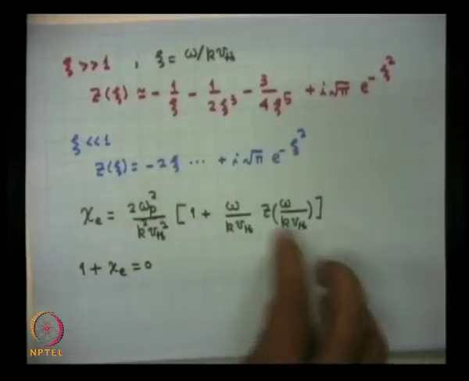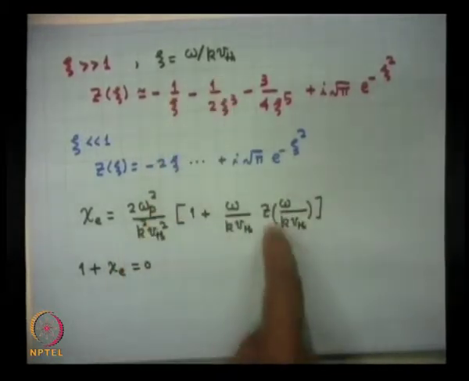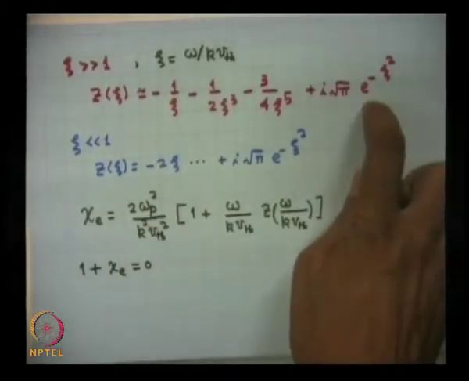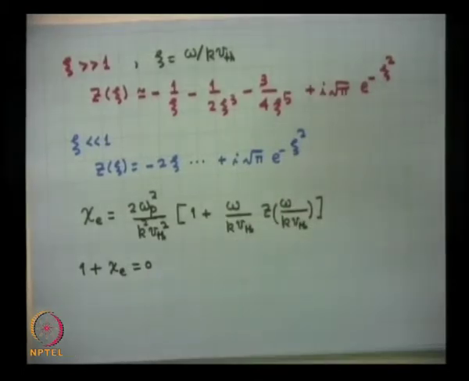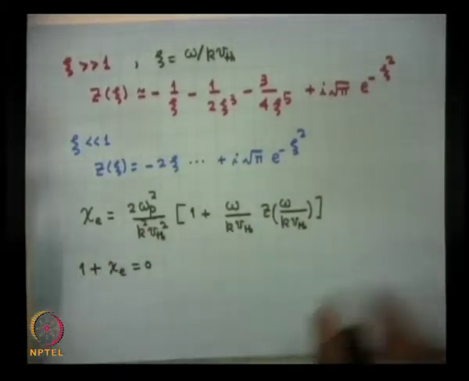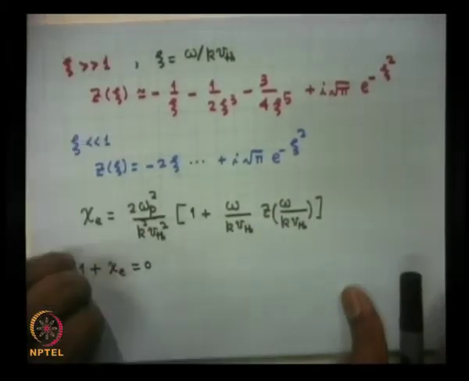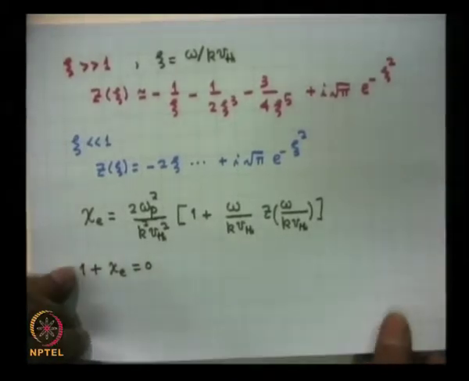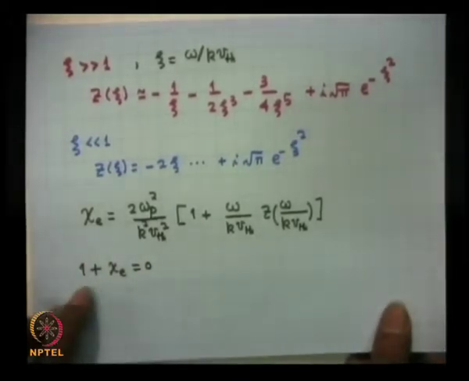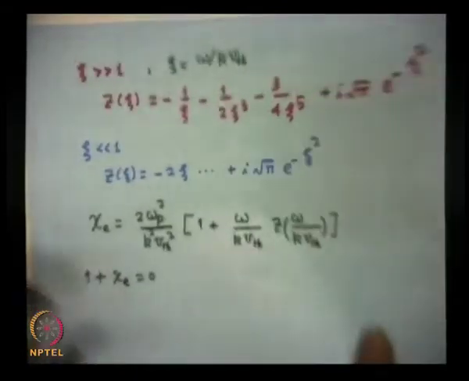So, in the limit when omega by k V thermal is bigger than 1, I can use this expansion, and when I carry out this expansion, chi e turns out to be rather simple. Let me write down this expression. So, if I write this, this takes the following form: